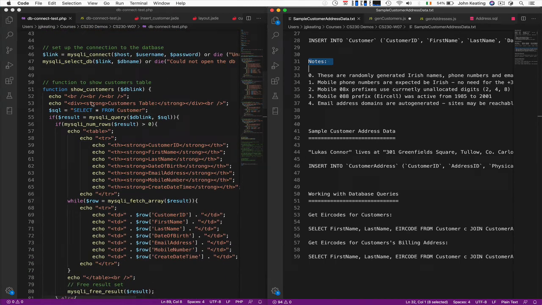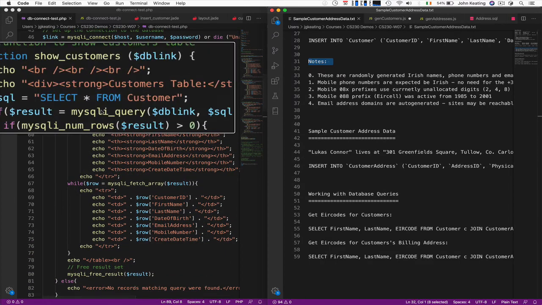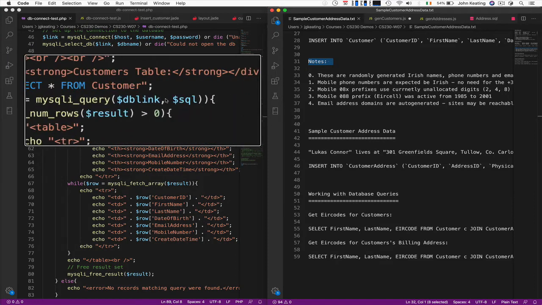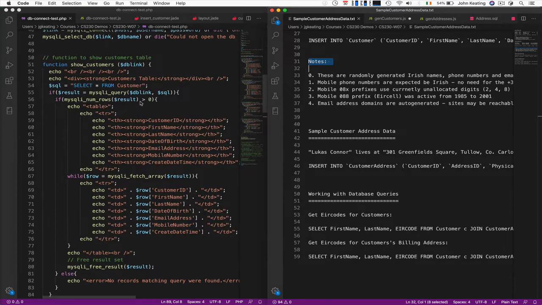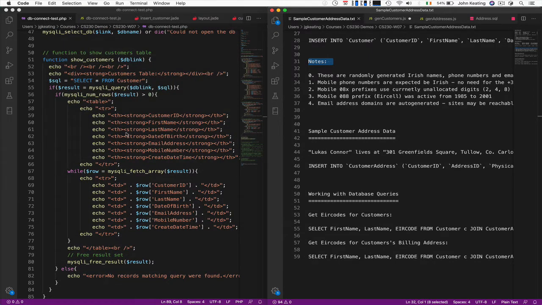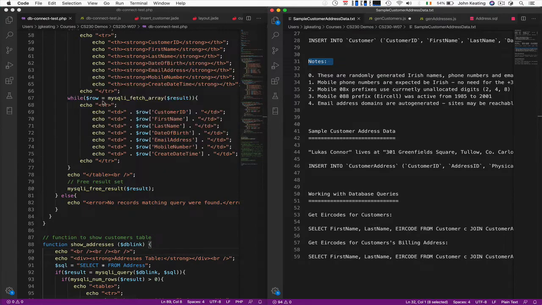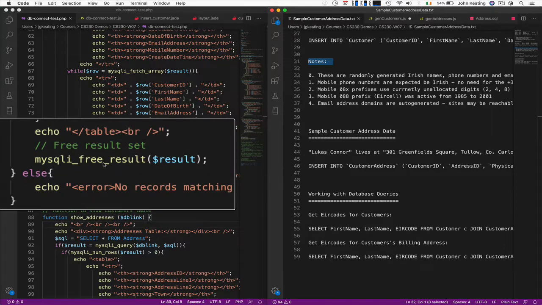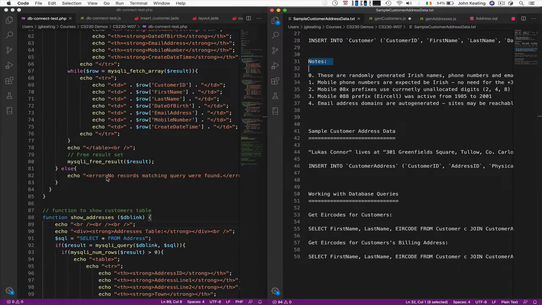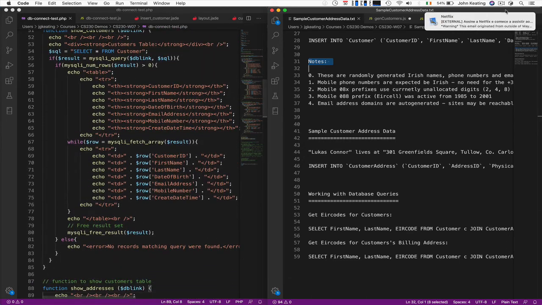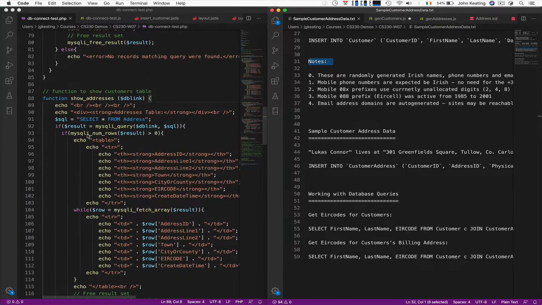And then this is my function to show the customers. So really I'm just selecting star from customer. It's the same kind of command. Then I'm executing the query here with this link to the database. While I still have rows, I iterate, and assuming I got some results back, I generate a table, and then I generate the header, and then I iterate over all the data in this table, pull out all the information that we know already, and then I free up the results so that we can do that again, or I give an error to say there are no records in the table. So it's nice. That's one for customers, and that's one for